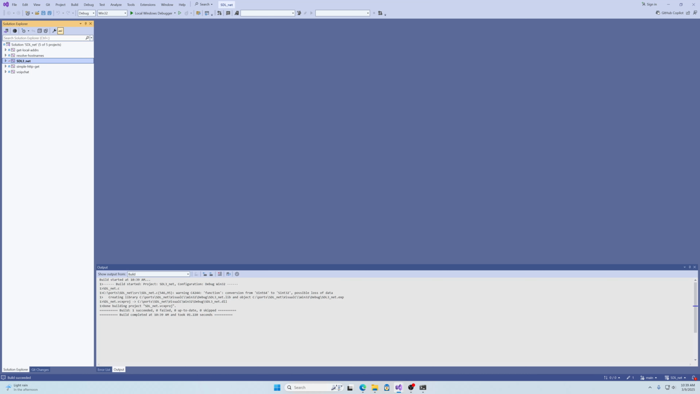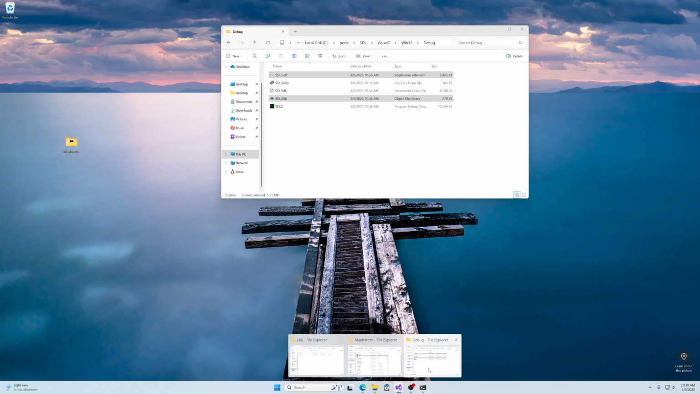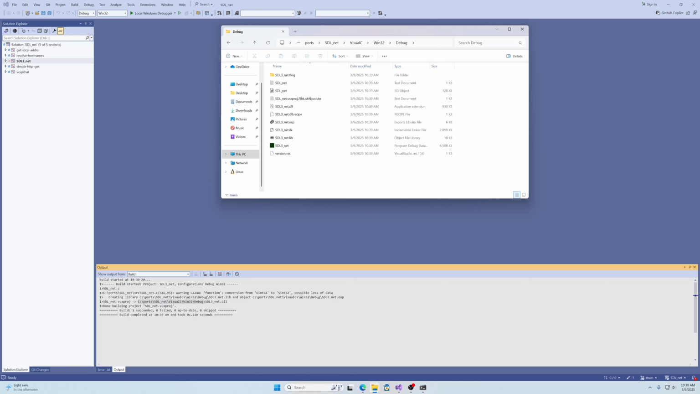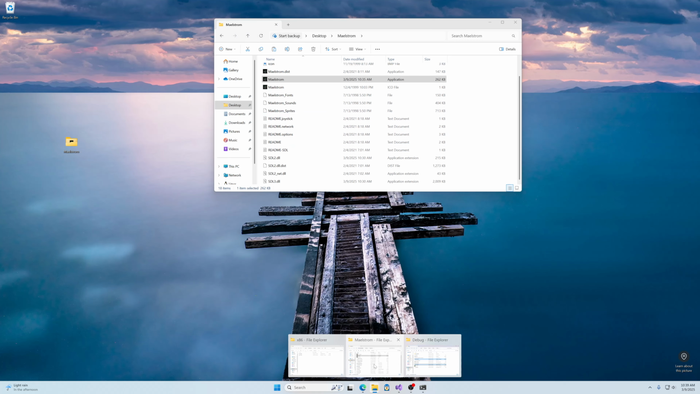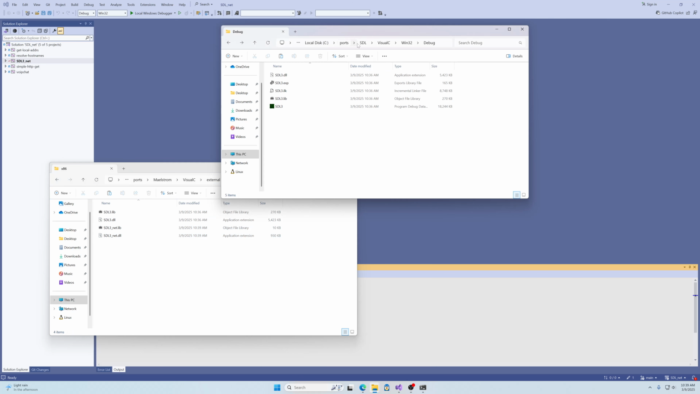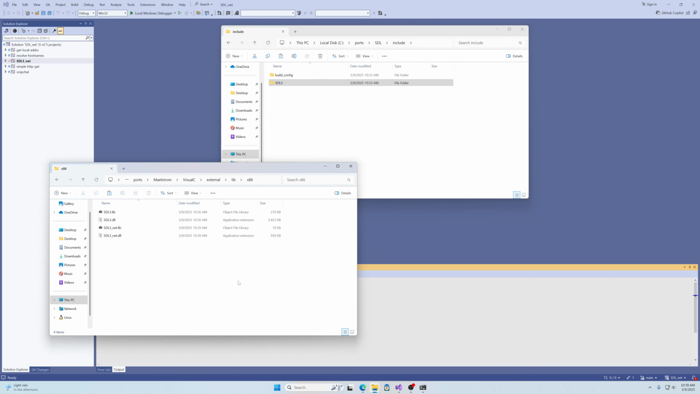Hey, that looks good. So let's open up that folder, grab that DLL and library. Throw that back in our Maelstrom library folder here. And we'll grab the headers too. So let's go back to SDL, go to the include directory, and we'll just grab the SDL3 directory here